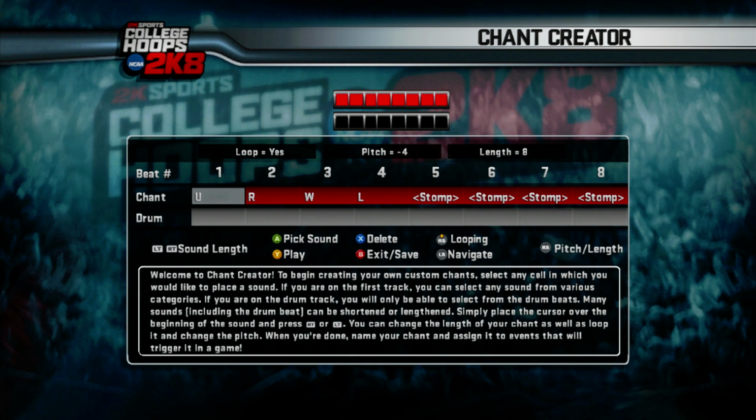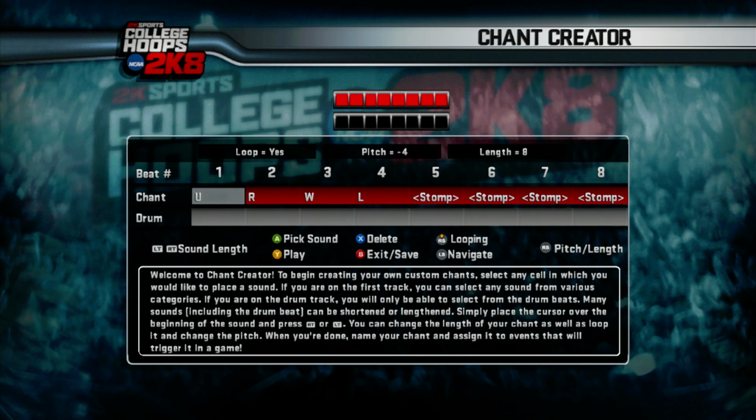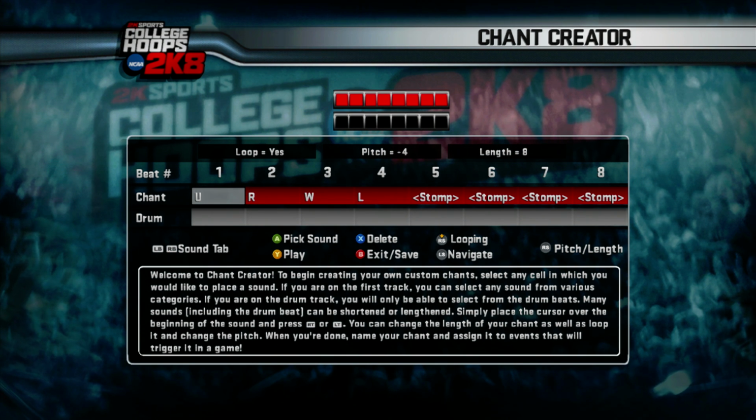And 360 or PS3 would work as well. One of the people I usually talk to, Jay, had used 2K7. He had bought it, and he's in the UK, and he used it for Chant Creator purposes, I believe. And he walked away with a good experience from that game. So, like I said, it might be harder for people outside the U.S., but for the people in the U.S. and maybe Canada, I think it's available in Canada as well,